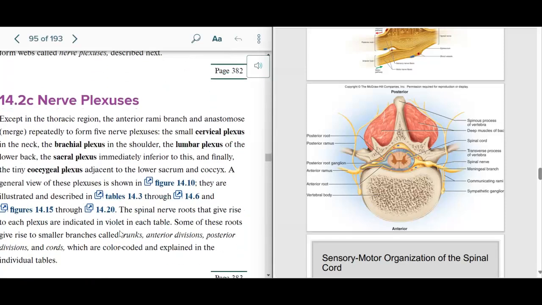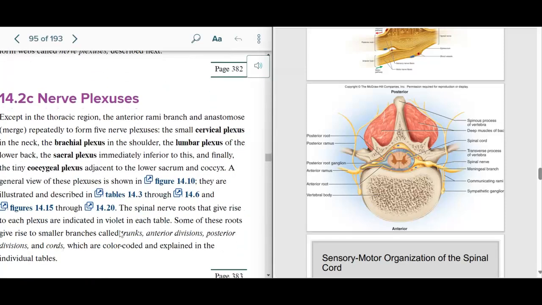Now a plexus is just a collection where nerves come together, and from these we get a different collection of nerve fibers that are traveling to similar areas. And so the plexuses,